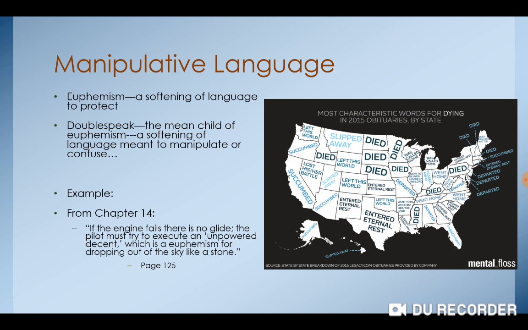And a euphemism is when you soften language in order to protect the people you're talking to. For example, people don't go to funerals and walk up to the front of the room to the family that's lost somebody and say, yeah, I'm really sorry your dad died. Like, we just don't say that. So instead we soften our language and we say something nicer and more socially acceptable for the situation. So you'll walk up to the front of the funeral parlor and you'll say, I'm really sorry for your loss, or I'm sure your dad's in a better place now. You say things like that, and those are euphemisms for death.